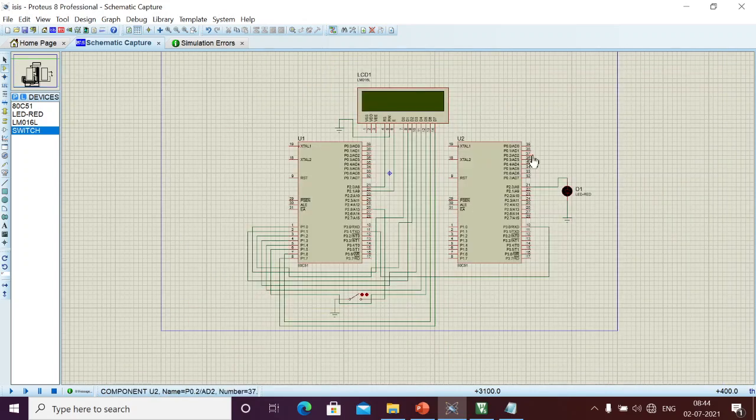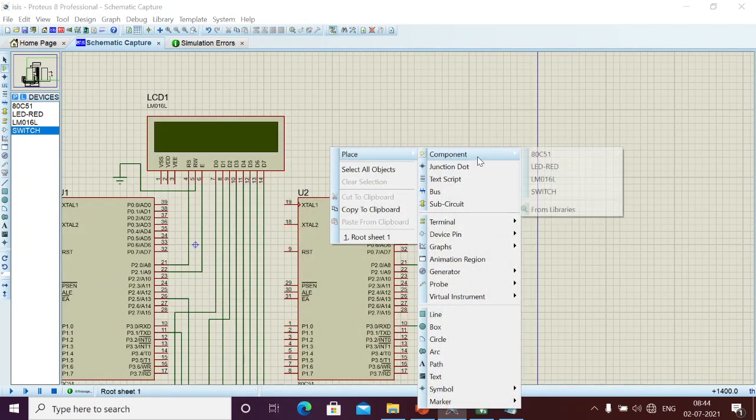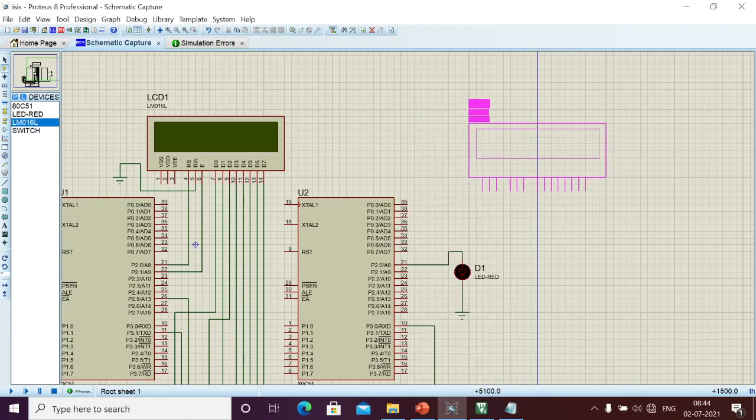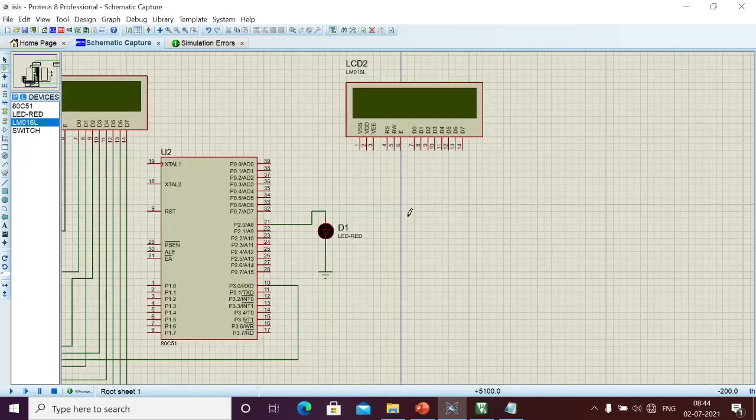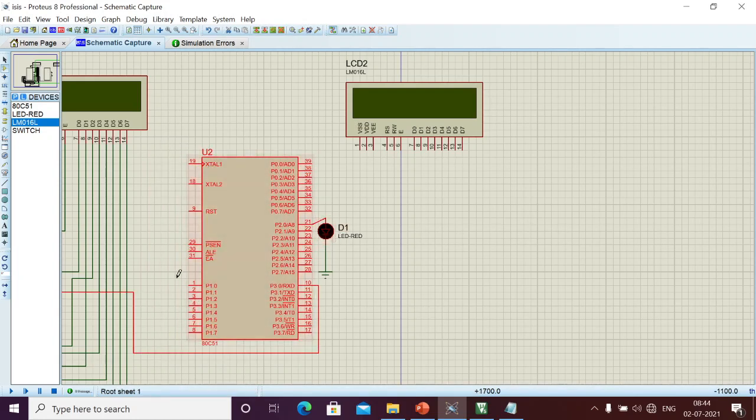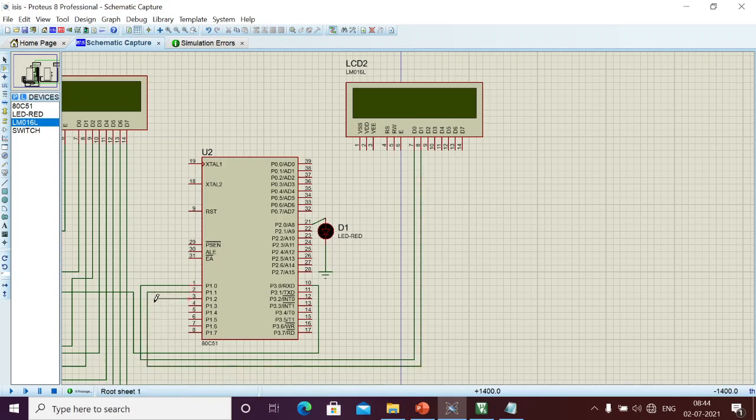In a similar way I am going to connect another LCD here, and we are going to display the status of whether the LED is on or off. I will move the microcontroller a little bit so we can connect clearly. 2.0 I will connect here, next 2.1, 2.2.